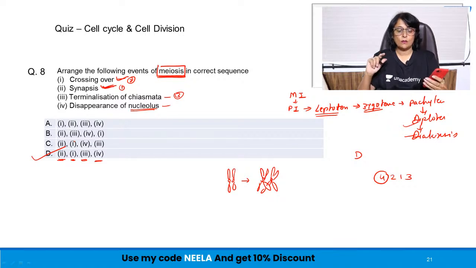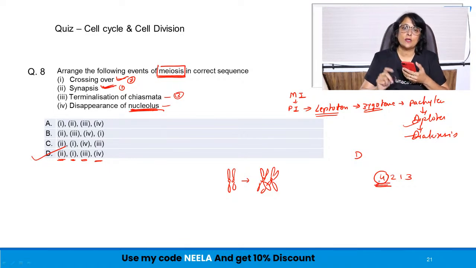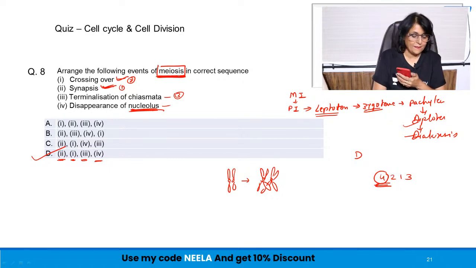Okay, so what was the confusion? Whenever we talk of cell division, the first thing that comes to mind is prophase, and in prophase, nuclear membrane and nucleolus all dissociate. So you probably thought that nuclear dissociation should come first, but as I said, the clue is in the type of division that we are talking of. That is why I said that this type of question is the real test of our understanding.